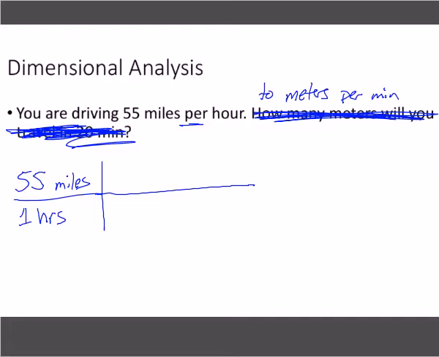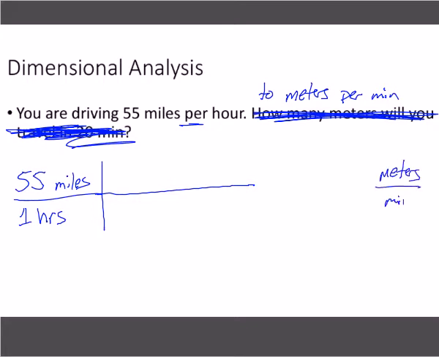Okay? And this is where you have to use this technique versus just multiplying in your head or doing division, like I know you probably could do and figure it out. These are the types of problems that are a lot more challenging, where this is the only method that will work for you. Well, that'll be the least amount of work for you. Miles per hour, we're trying to get to